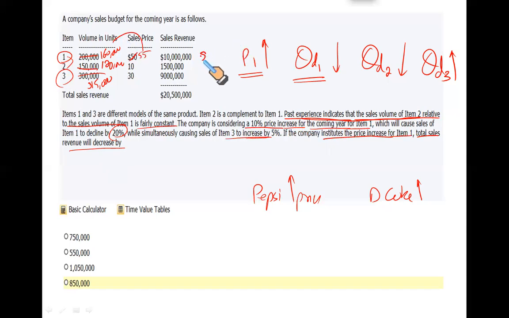So you get 8.8 million from item 1. 120,000 multiplied by the price of item 2, 30, that's 3.6 million. And lastly, 315 multiplied by 30, that gives you 9.45 million. So if you add all these, 9.45 million plus 3.6 million plus 8.8 million, it gives you a total of